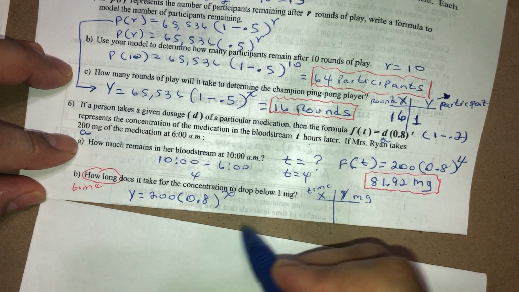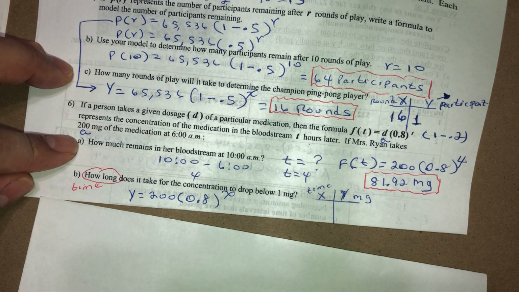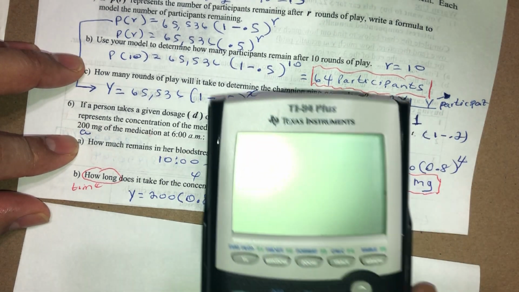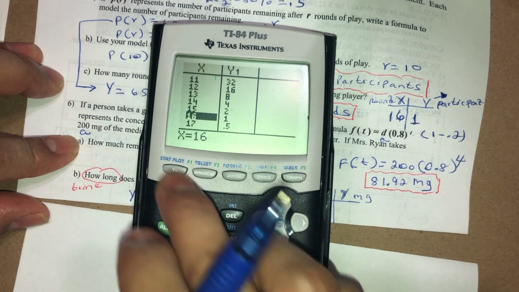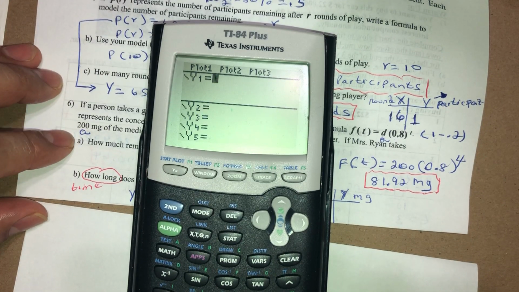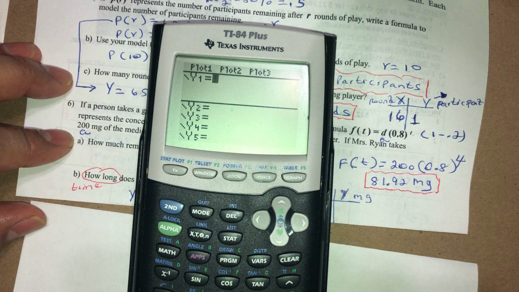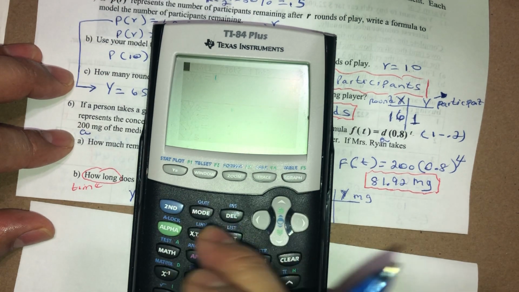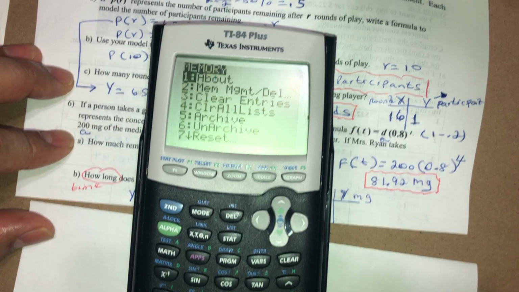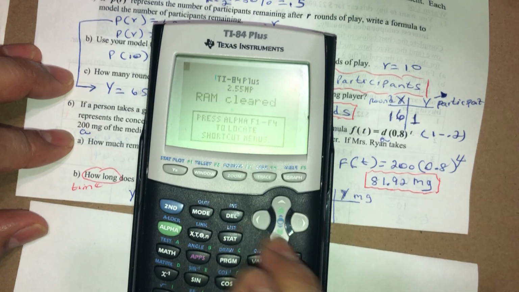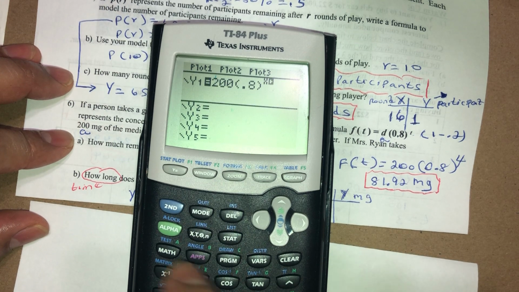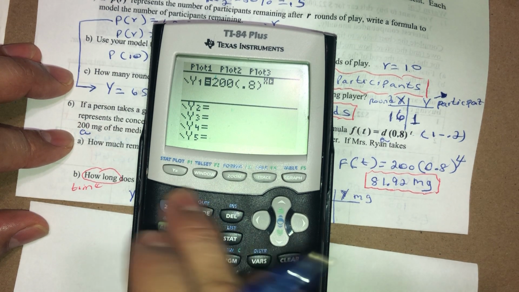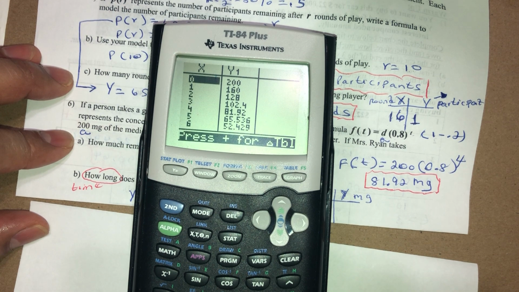So I'm going to make my general formula that I can use. Let's clear the memory. Remember what I said before, guys: second plus 712. So I go to y equals, and I put 200 parentheses 0.8 elevated to the x, okay? And I'm going to go to my table, second graph. And look,